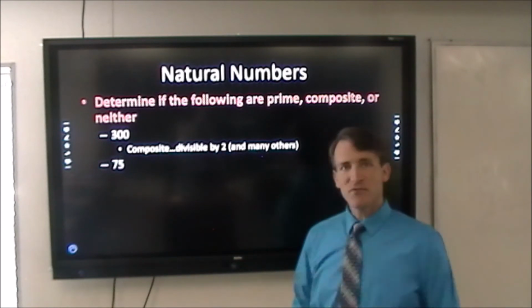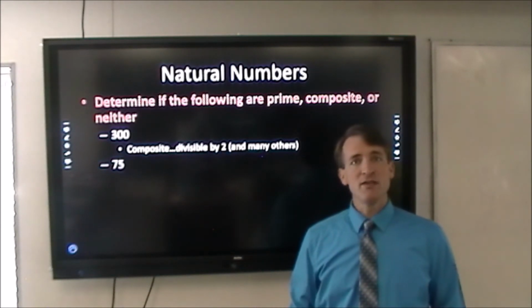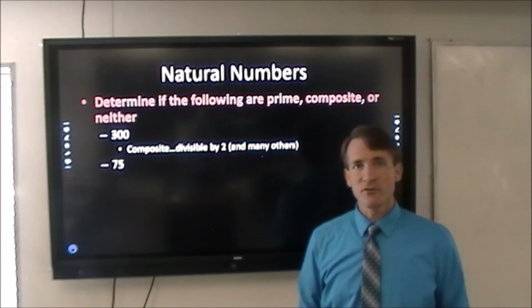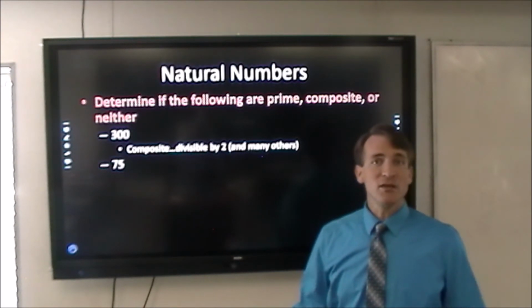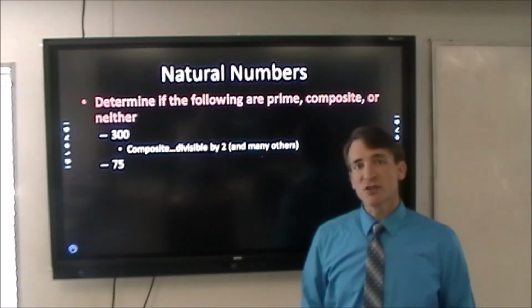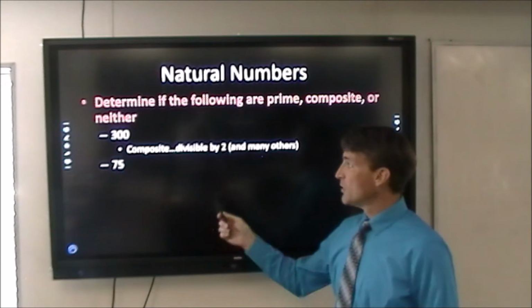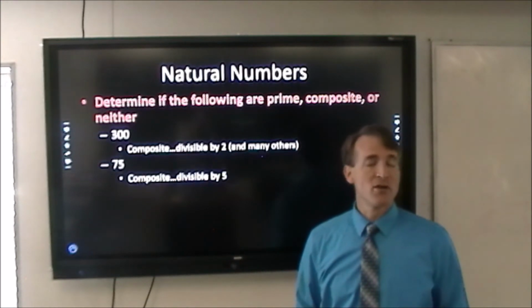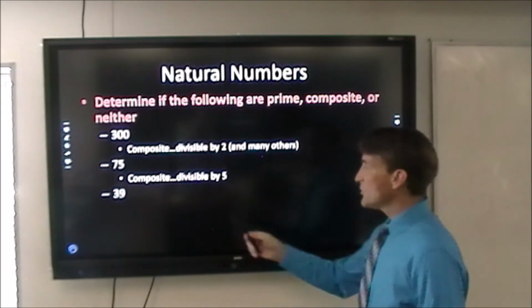If we try 75, obviously 1 and 75. Are there other factors, however? Yes, there are. 3 and 25, 5, 15. So there are several more factors. Therefore, this number would be considered composite. If we go to 39,